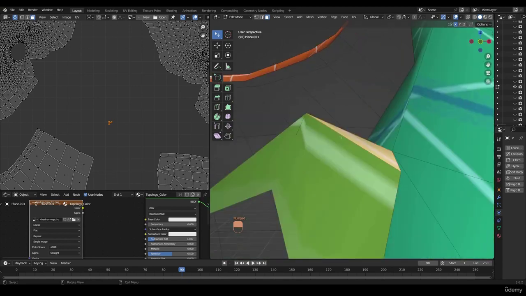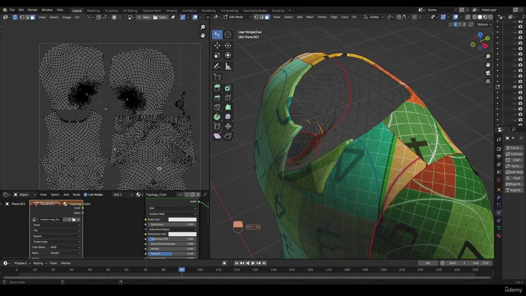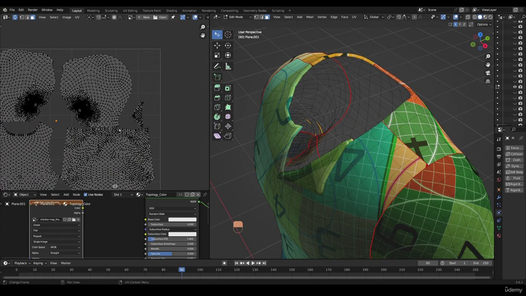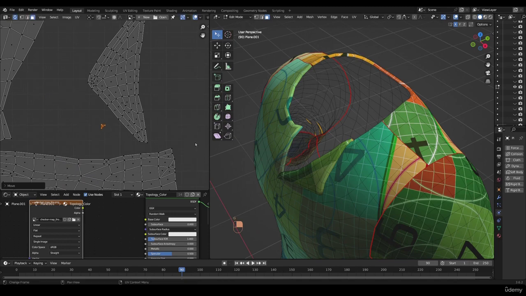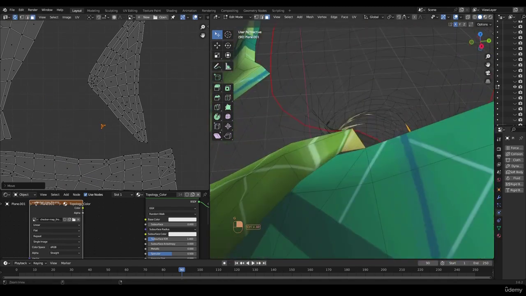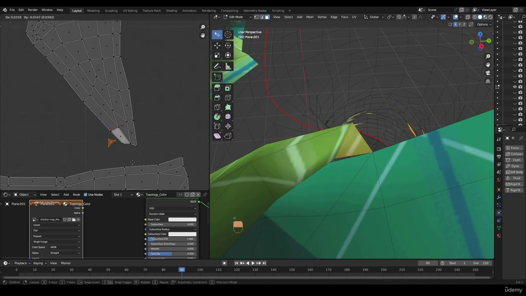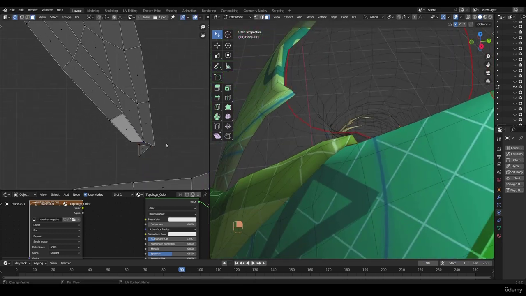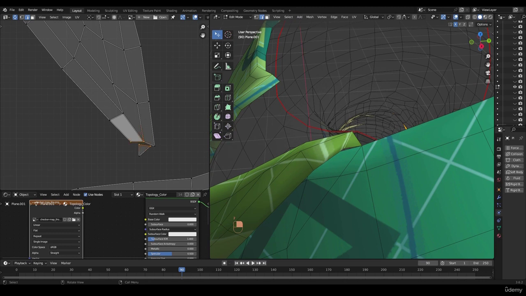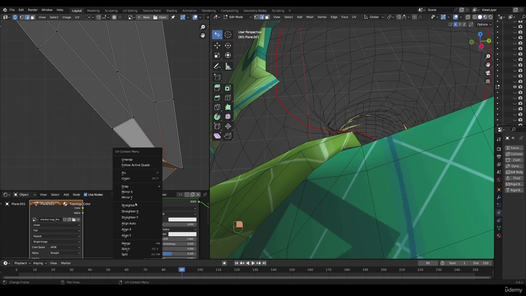I'm going to press down on my numpad. Oh, so it's coming from the collar part. So I have to stitch that. So if you see something like that, just go ahead and fix that area. So this is going to be this part right here, this piece. And if I select this piece, it's going to be this piece right there. So I know this has to move somewhere here. And we have to do some stitching. So I'm going to select the edge here. Are we on edge? Right click and